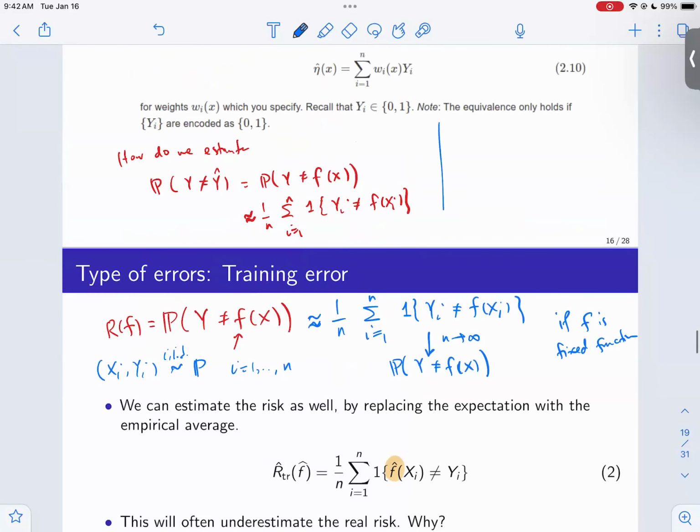So suppose I have Z1 up to Zn, they're IID from some distribution, let's say Q, doesn't matter. So let's say they're IID and they have the same distribution as a random variable Z. I'm going to write it like this. So they all have the same distribution. 1 over n, summation from i equals 1 to n of Zi, this converges in general as n goes to infinity to something. Anyone knows what this converges to?